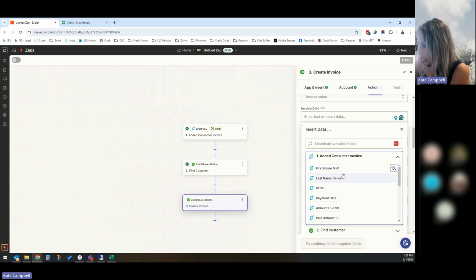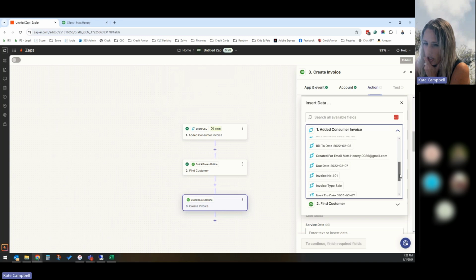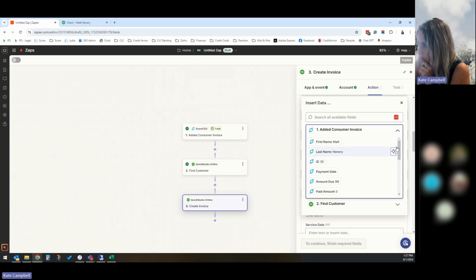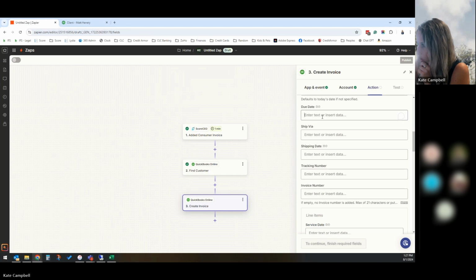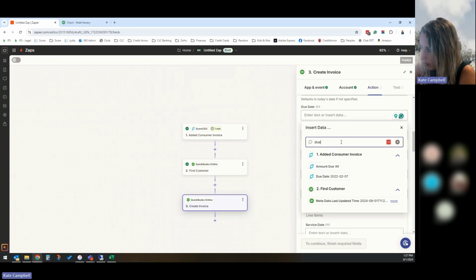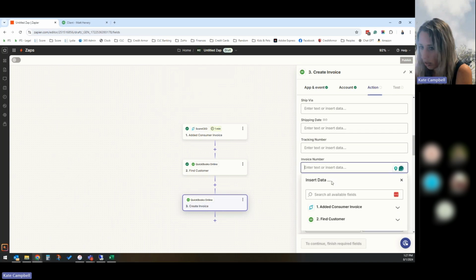So now we've got things like the amount due, paid amount, I'll just leave blank, from date to date. I don't think that actually, the from and to date, I don't know that that fills in on ours, but I use the due date. So I guess that's what I need to use. And you can also type in here just to search it and make it easier if you have a lot of stuff. So there's the due date, invoice number,